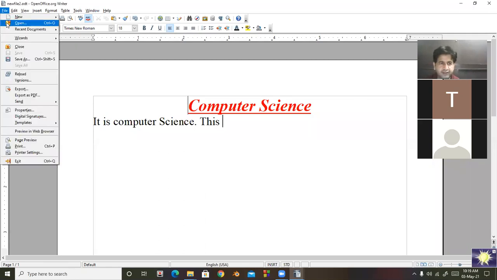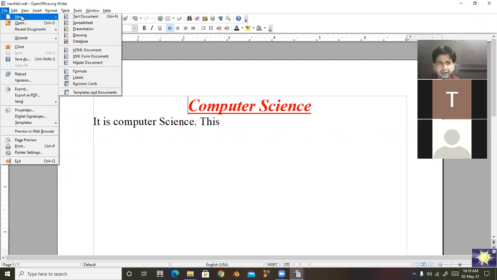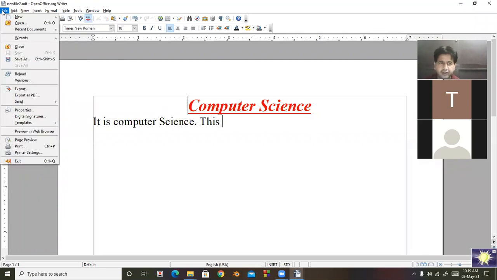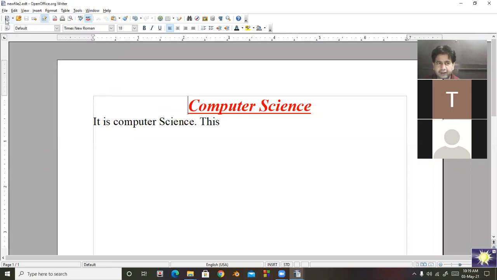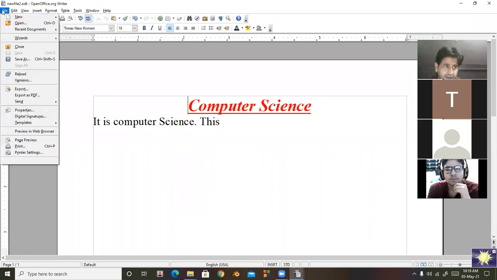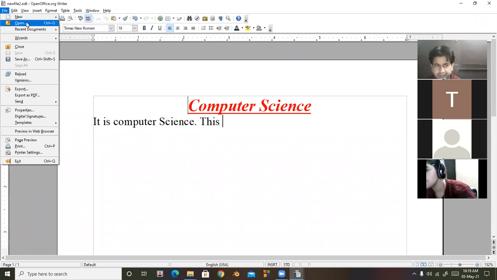So in case you want to create a new file, click on new button, text file. The shortcut is Control plus N, and there is one button in the standard toolbar, that is the new button. So by using this, you can create a new file. And if you want to open an already existing file, click on file, click on open button.